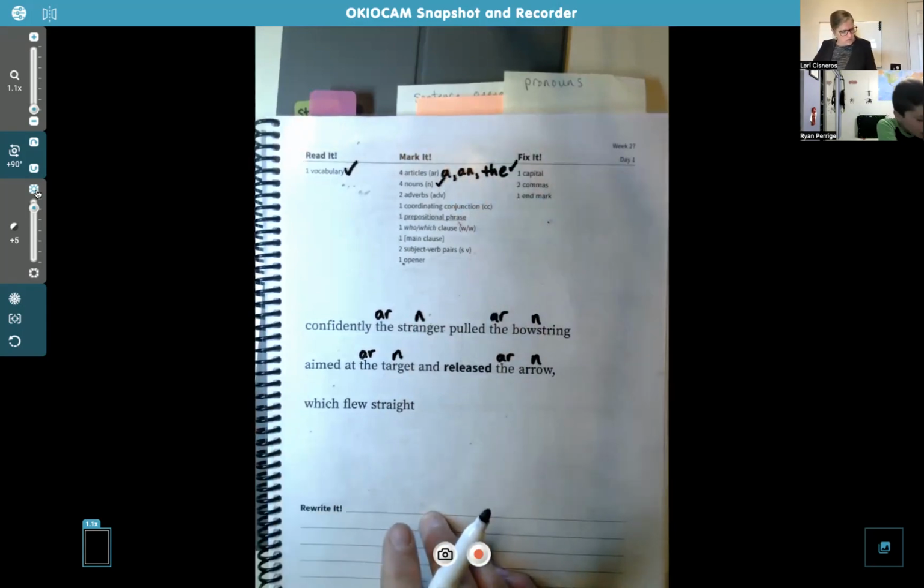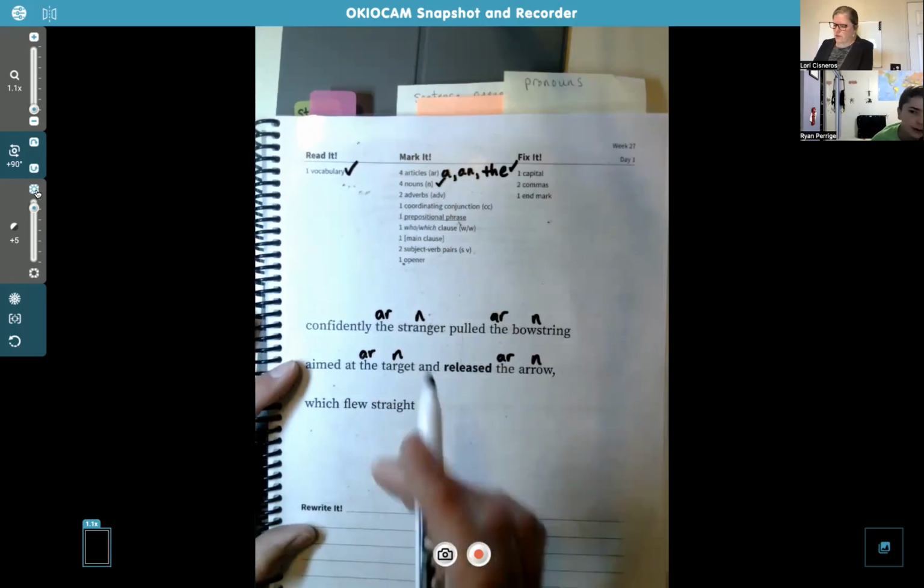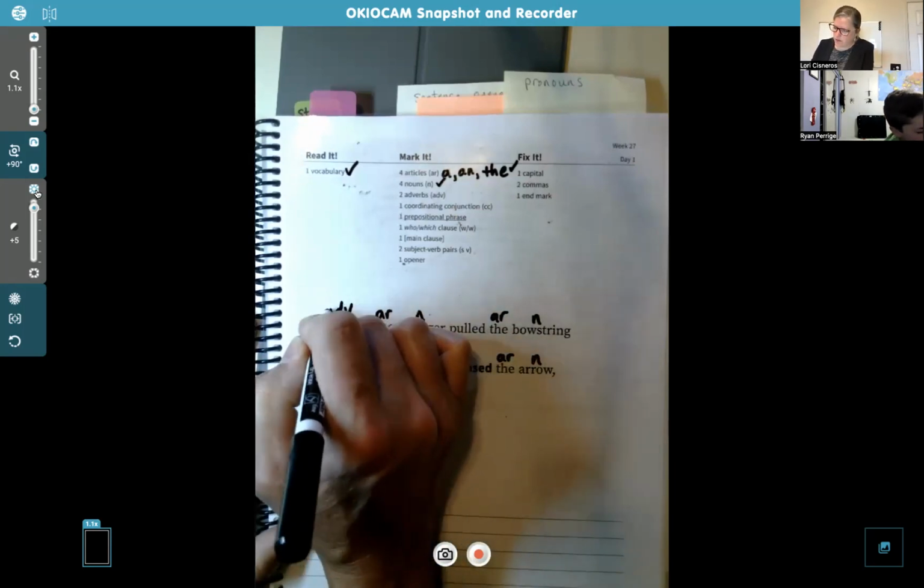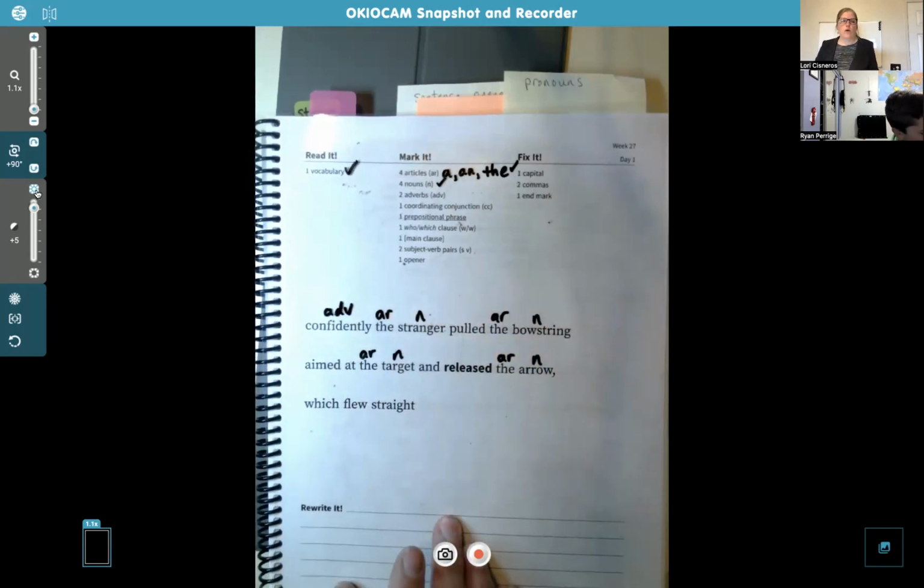Adverbs. Would released be an adverb? Released is actually a verb. So an adverb usually has an ly, but sometimes it doesn't, but it's modifying a verb. So if you look at the verbs and try to see what's modifying, like what's helping the verb make it more obvious. Confidently. Yes, confidently is one. The other one is not an ly adverb,